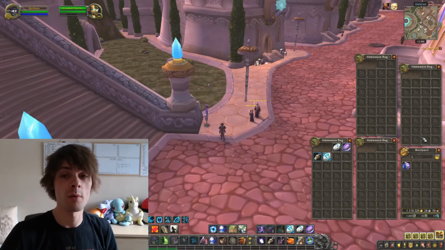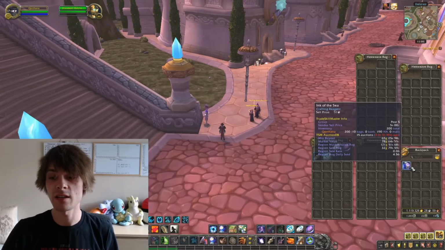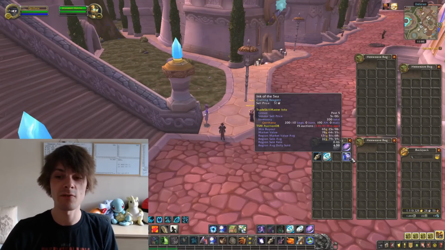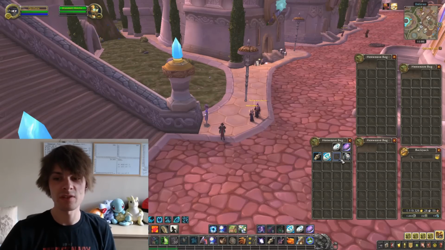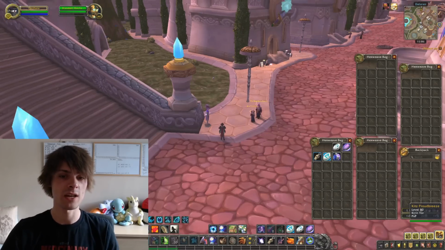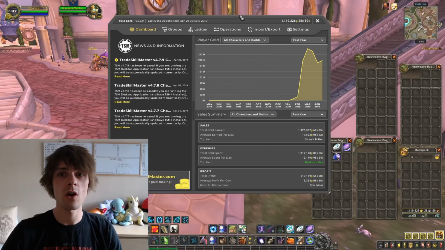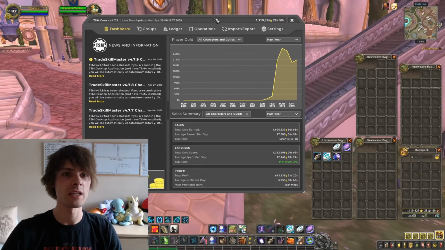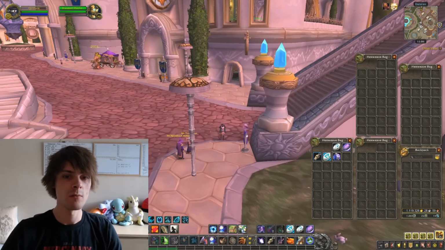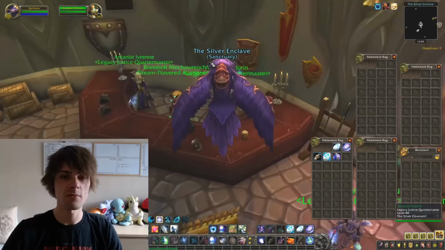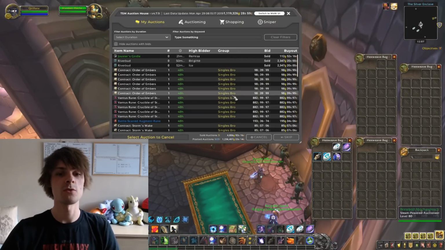Just going by what we set in our operations, it said leave 10 for us, which it has. So we've still got 10 Ink of the Seas on the auction house. Other than that, that's pretty much all I want to cover for the basics of posting and all of that jazz. But if I wanted to cancel something on the auction house, we will go over to the auction house,